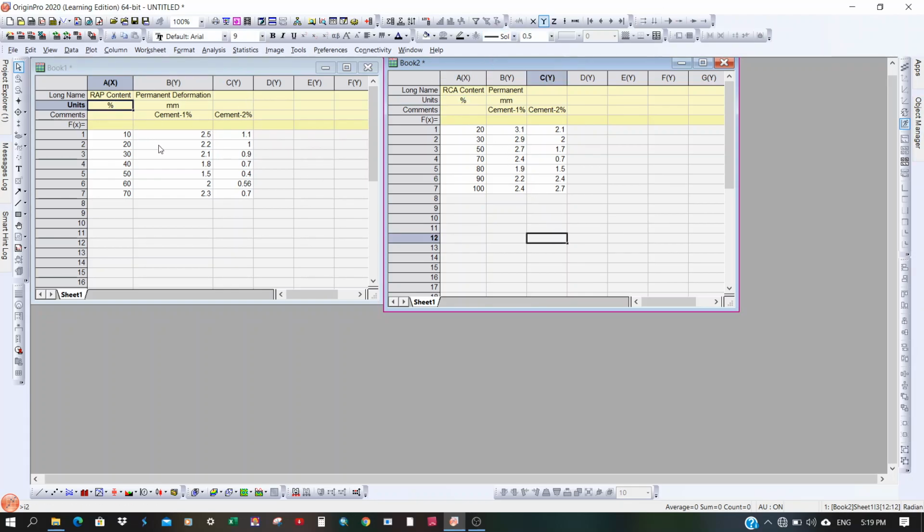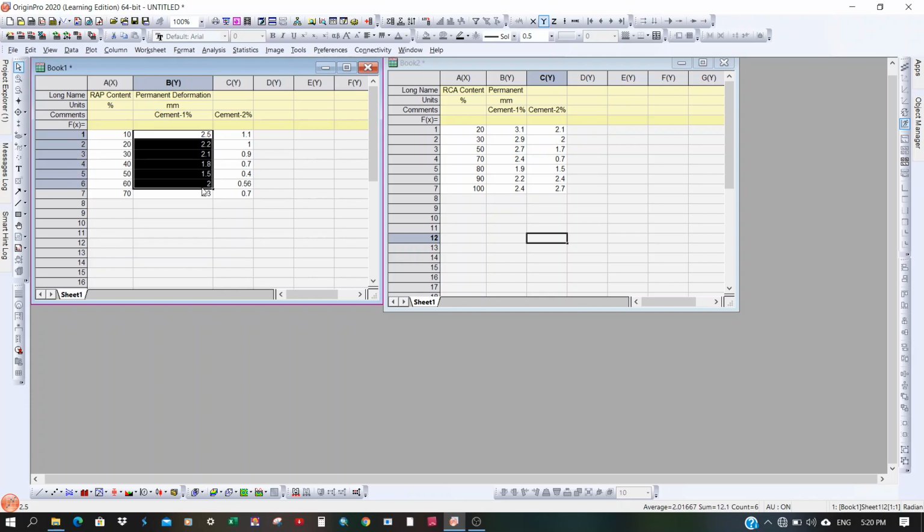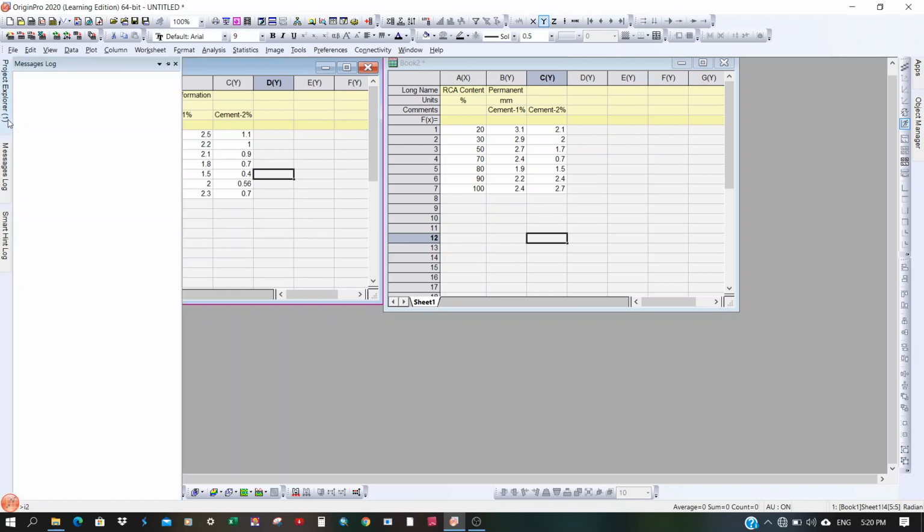Here the Y variable is the permanent deformation, and the corresponding units are mm. You can see the permanent deformation corresponding to 1% and 2% of cement. The graph corresponding to this book was already drawn.